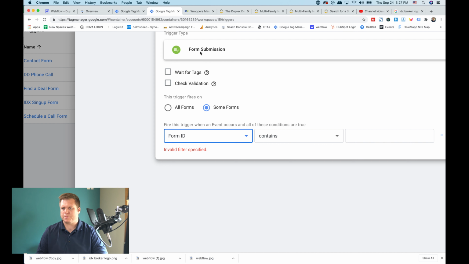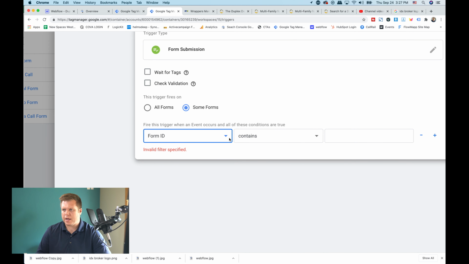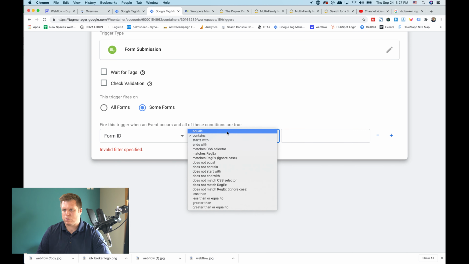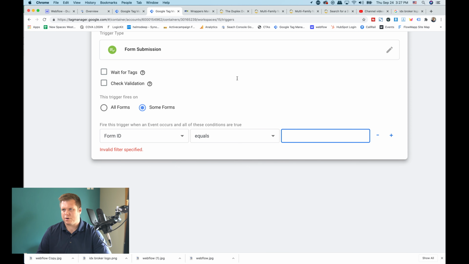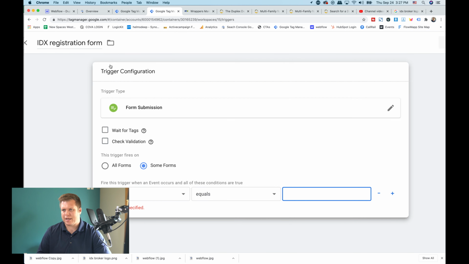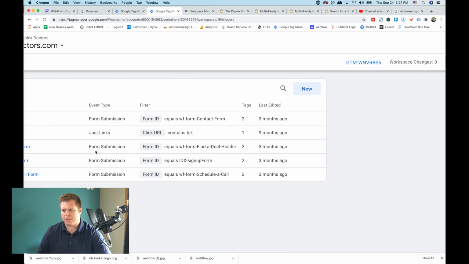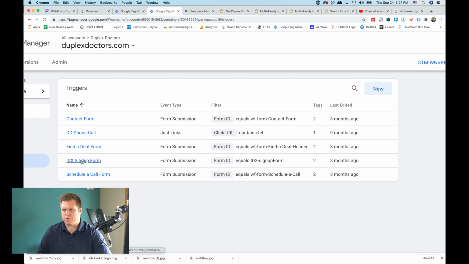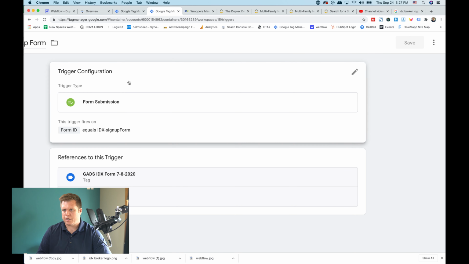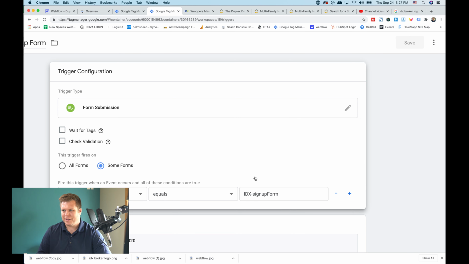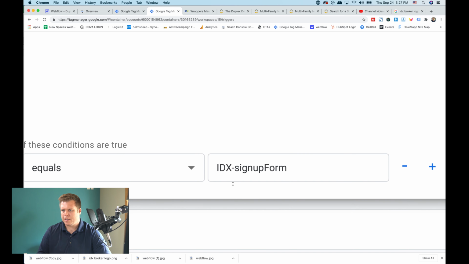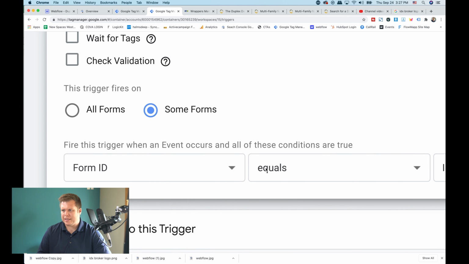So we've got form submission, trigger, variable, some forms, form ID, and then I'm going to do form ID equals. And I have just screwed around to find out what it is, and the ID that you're going to use I already have here, so I'm going to discard this. The one you're going to use, and it'll be in the link in the video, is this. The form ID equals